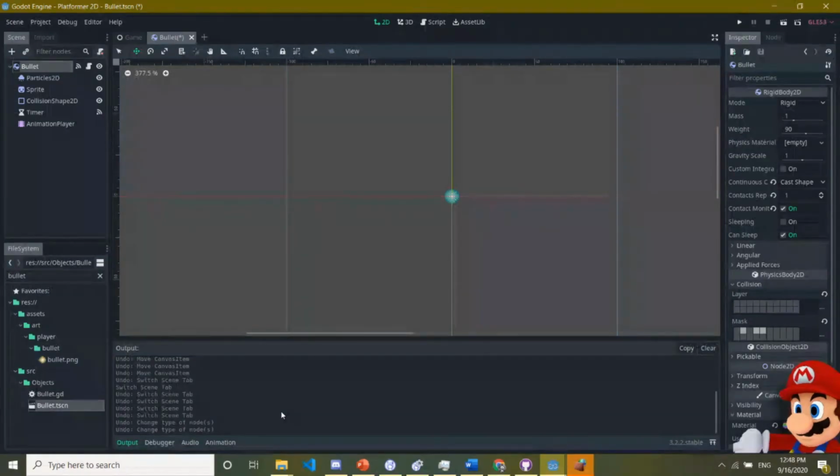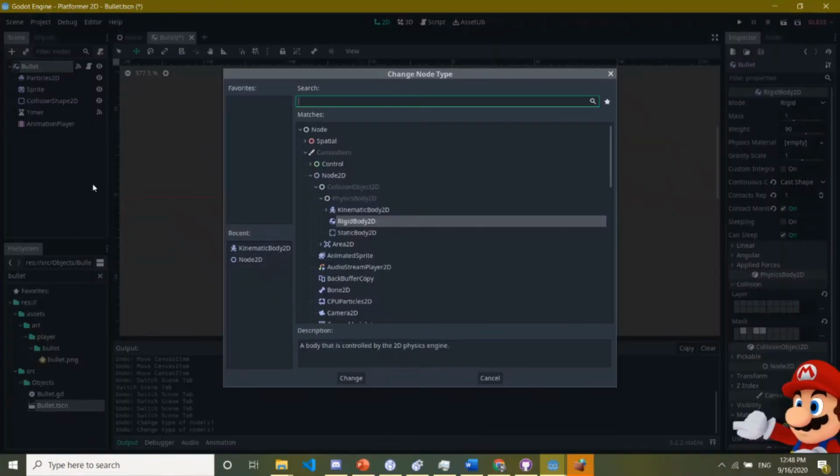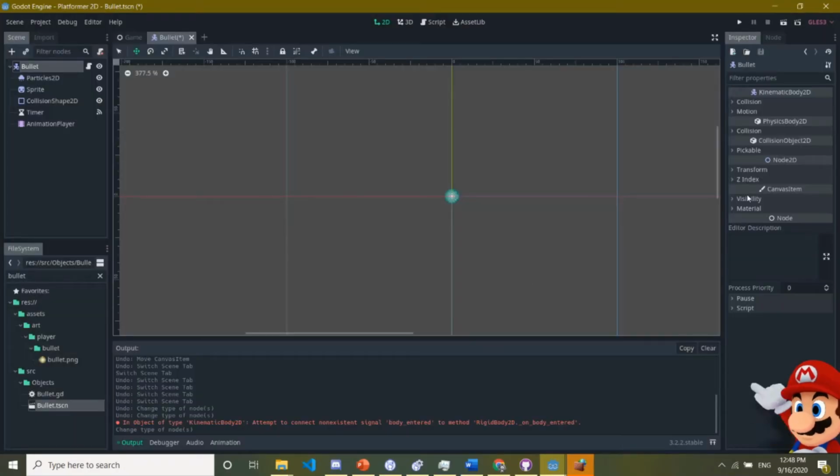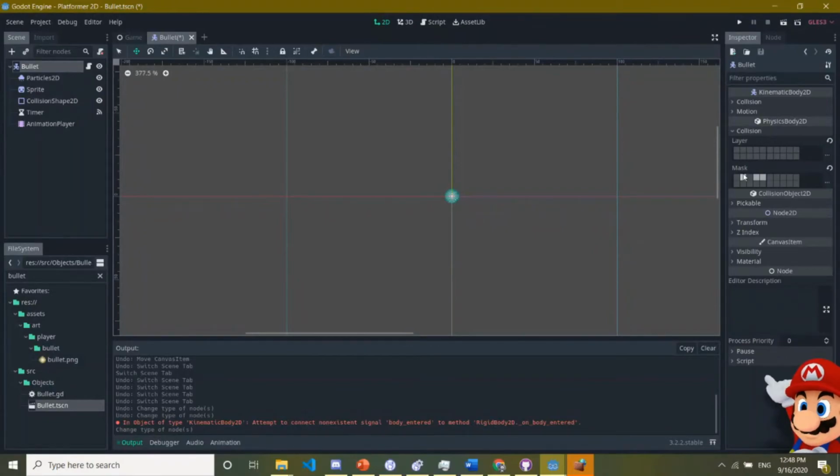Change this back to a kinematic body 2D. And let's go back to the mask. Oh, looks like when we changed it directly, it kept the mask. So we've got the right mask now. In case anyone's wondering what a mask is, a mask pretty much tells you what I'm going to hit. So the enemies are on a layer of collision physics. They're not going to be just there. They're going to be on like layer 1, layer 2, layer 3, layer 4. The reason why we've got a bunch of layers is because